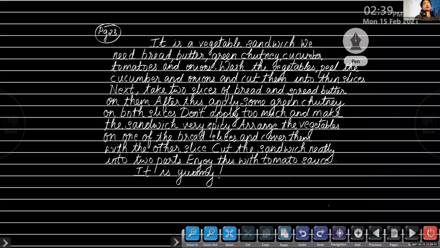Bandhan, you carry on with your writing. I'm just asking this of the others who have completed the writing. Is there anyone who knows how to write the recipe of tea? How to make tea? What are the ingredients required? So the thing is that you have to give the introduction. What is the food item you are going to make? The ingredients required. Then what comes next? How to prepare it. And then present it. The final presentation. That's all. Okay.